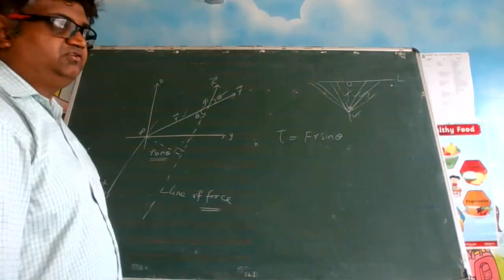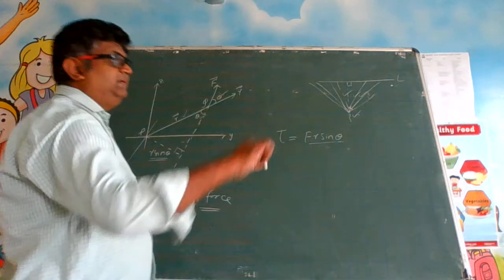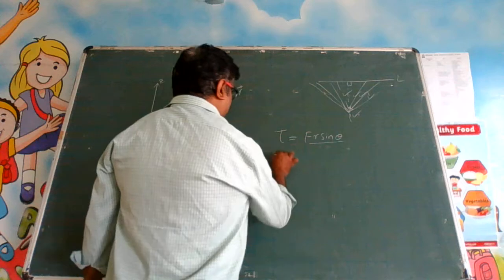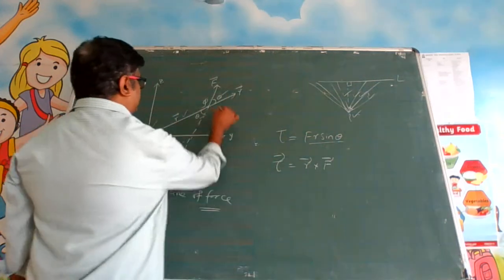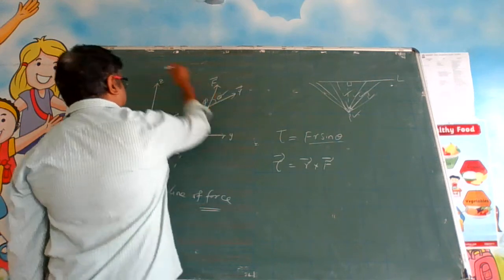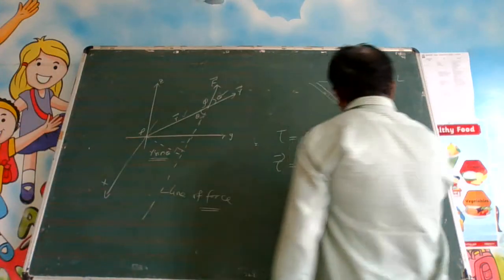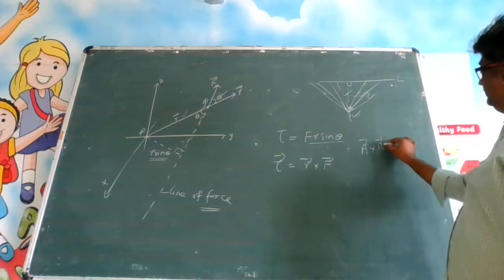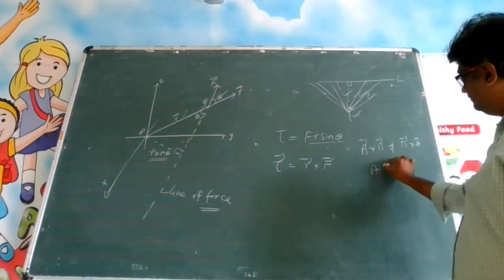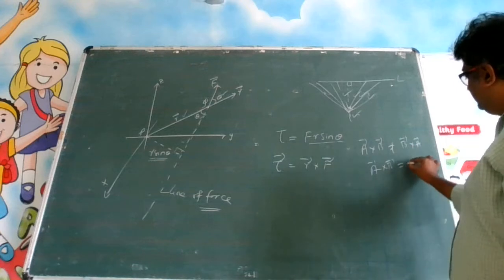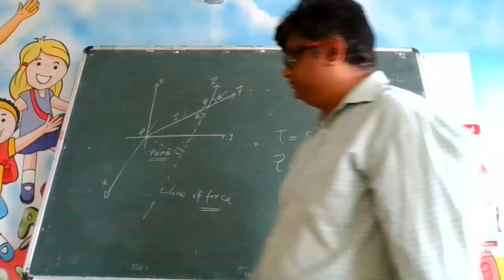But from vector calculations, we know that anything expressed as AB sin theta, you can write as the torque vector equal to R cross F. Why R cross F? You have to start reading from the R, the angle, not the other way, because in vectors, A cross B is not equal to B cross A. Remember, A cross B is basically minus B cross A. Why so? We will discuss now.